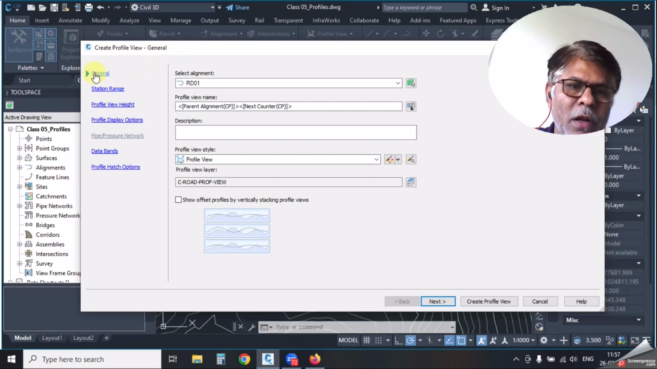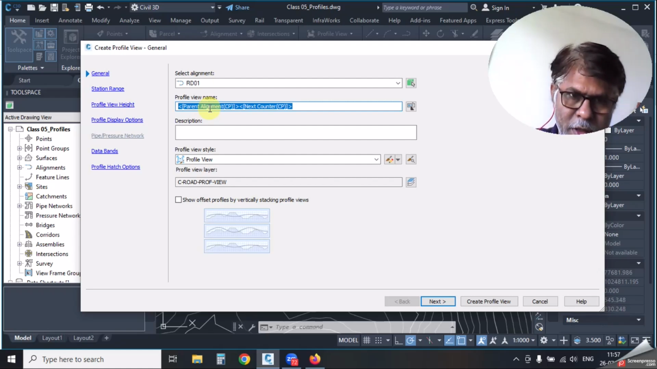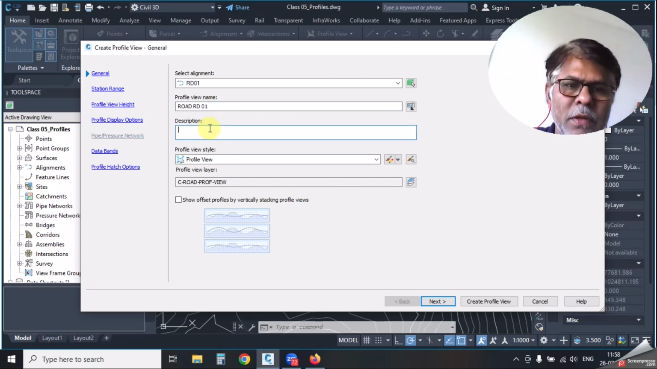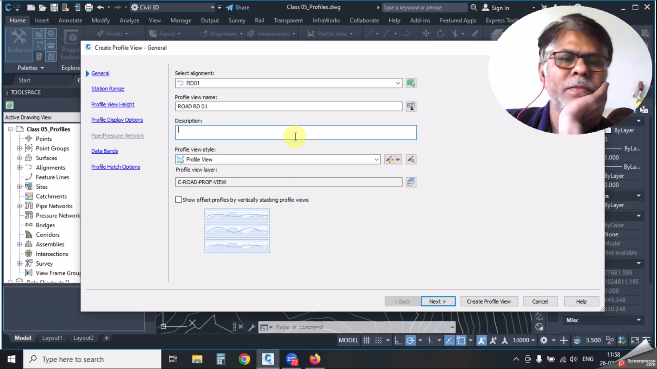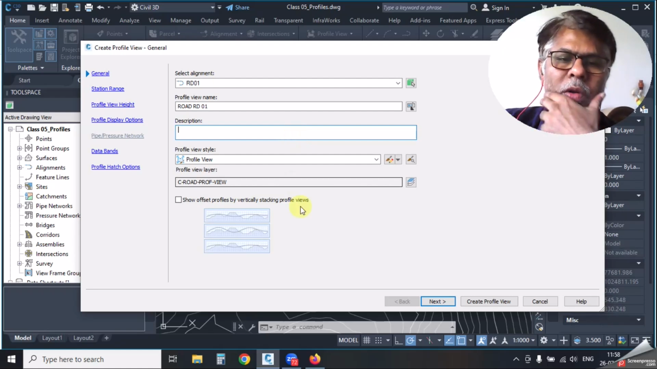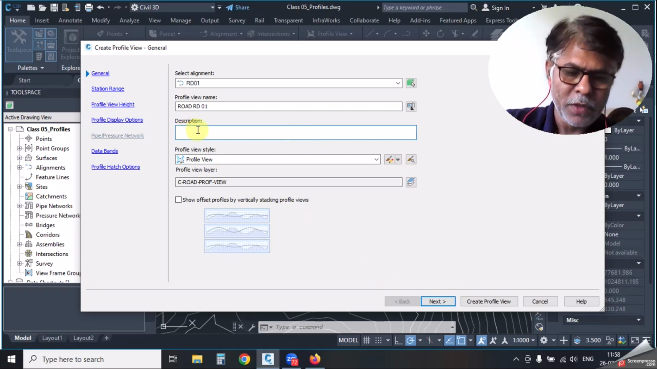Create profile view general. In general, select alignment. Then next, here we can select the name of the road. Let's say road RD01. Okay, and you can give the name or description if you want to give to this particular road. Okay, so I'll just say RD1